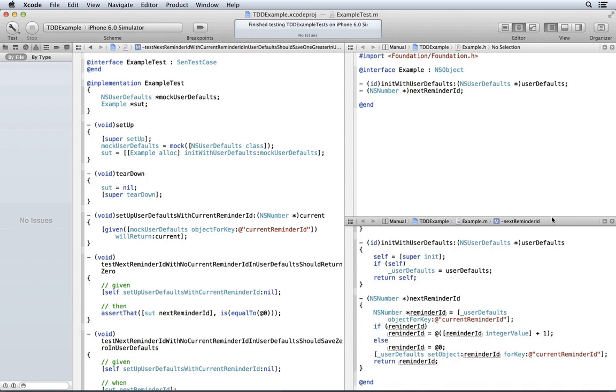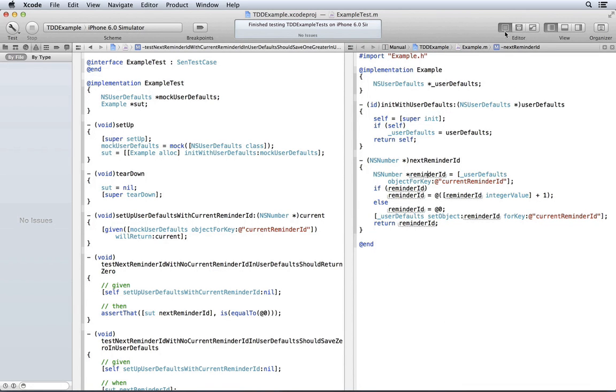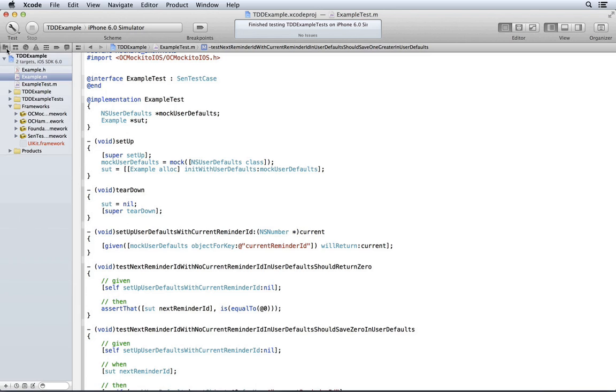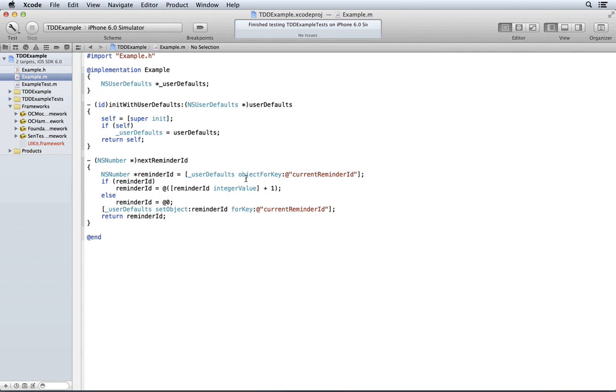Well, let's make this bigger so I can see what's going on here. There's just our implementation by itself. That's more than 4 lines. Why? Is it doing more than one thing? Well, yeah, I guess so. Again, Uncle Bob's rule. How do you know if a function is doing more than one thing? And the answer is, if you can extract something out of it, it's doing more than one thing.